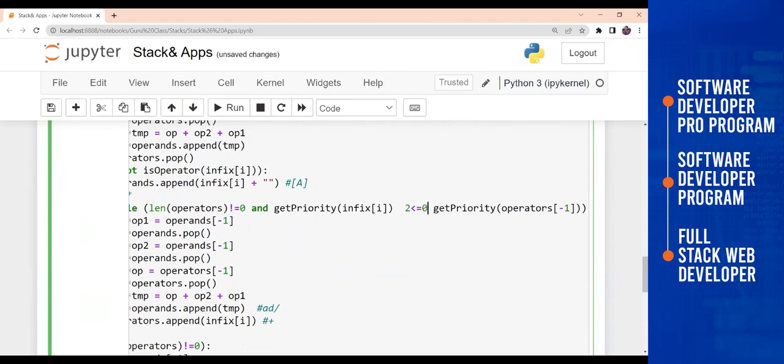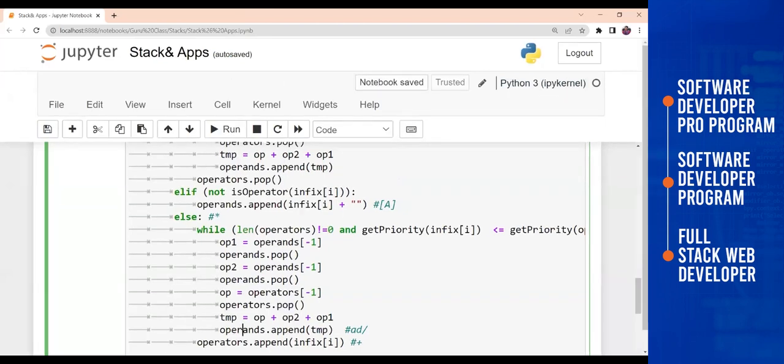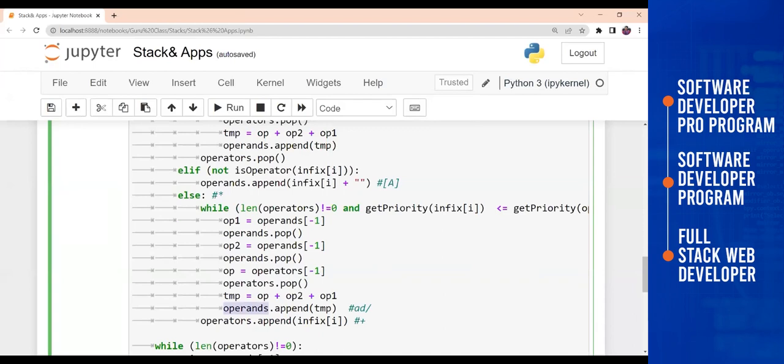So now what is the priority? Of course, this 2 is going to have the highest priority. So now it will work on this. Now if it is an operand, it will pop the operand value, and if it is an operator, it will pop the value. Finally, what it will do is append the value which we are just going to add inside the operands and also the operator value.